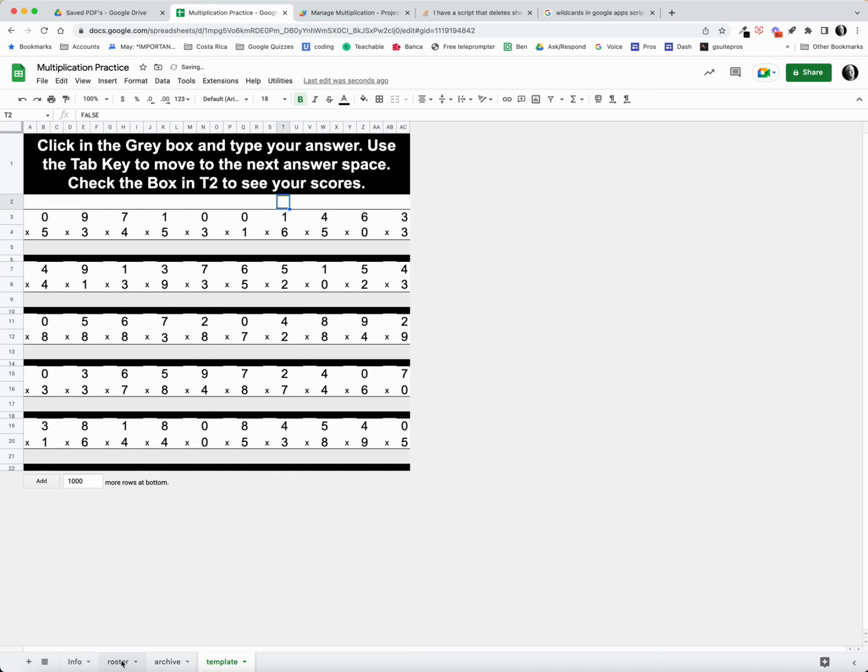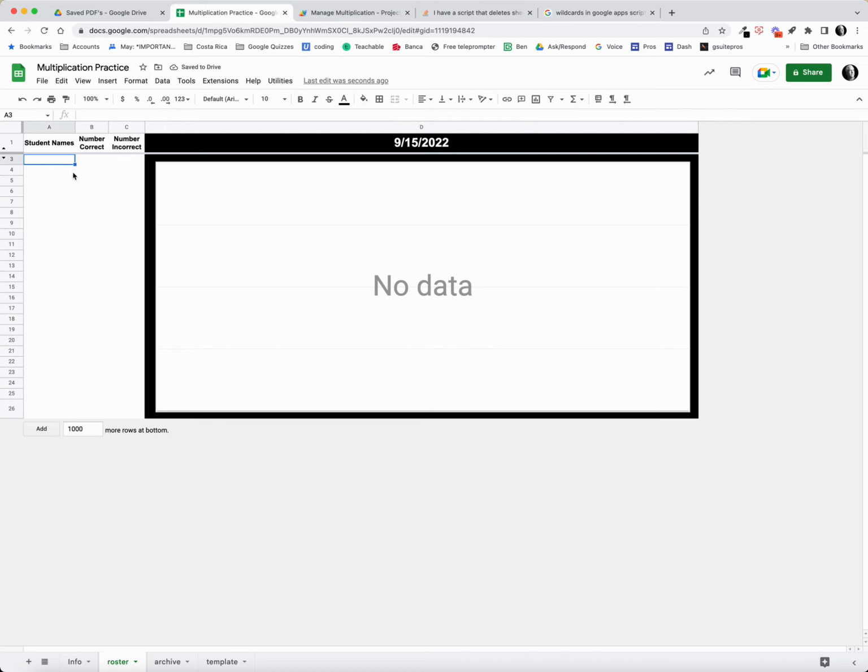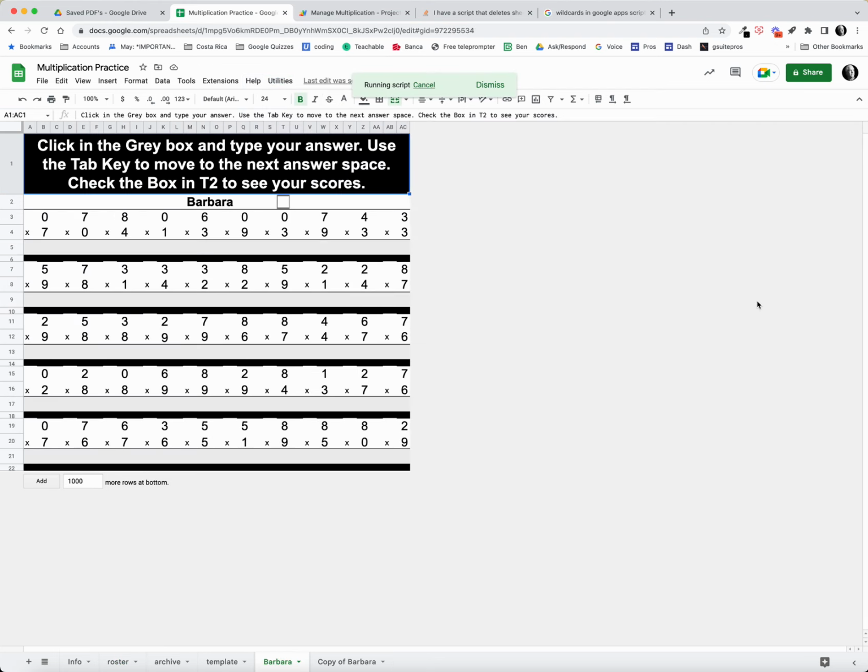What we have to do then is get a roster of students. I have some on my clipboard. And then what we do is we run my make practice sheet script. And what that does is it creates a new sheet, and it's a unique sheet for each student. You can see what's happening. Every time a change is made on these sheets,